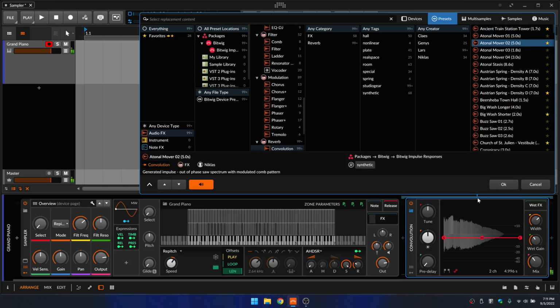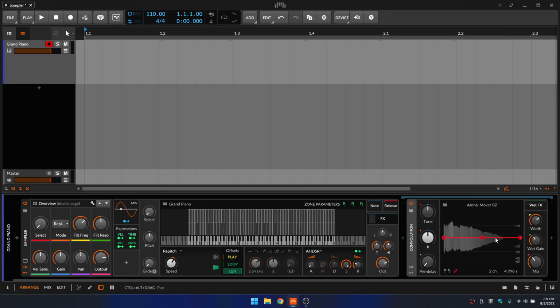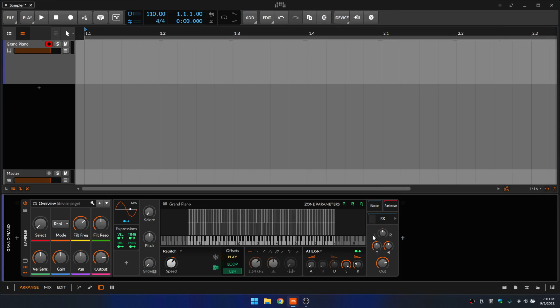between the different ones. And if I'd like to hide the effects that we've added to the sampler, we can just click on the effects button there, and then that's going to be hidden. We have one rectangle box here showing us that we have one added effect to this sampler. Okay, now let's move on to loading a single sample and some of the different parameters that are included in